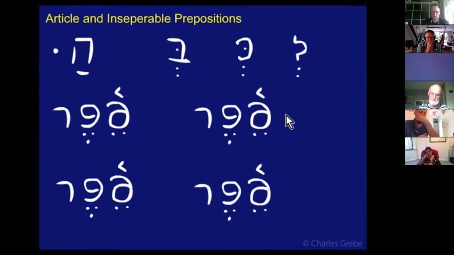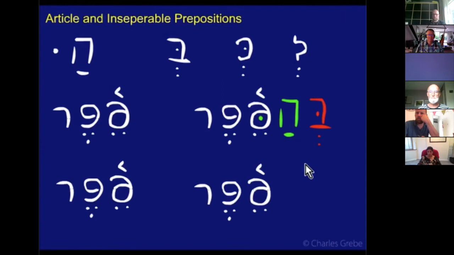Let's add the article first of all. So if we add ha here, the article would be part 1, part 2, and we double. Okay? So there's ha sefer. Now I'm going to change my color one more time. Red means illegal. This is not what it's going to look like, but let's put b on here. You would think it would look something like this. B ha sefer. But in fact, that's not what happens. What happens instead is that the hey drops and the b takes its place.